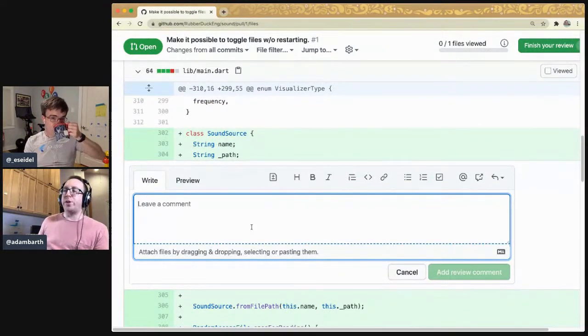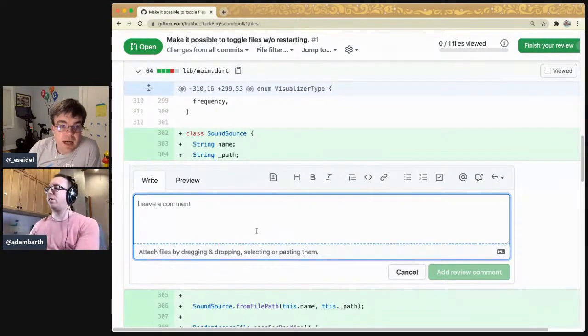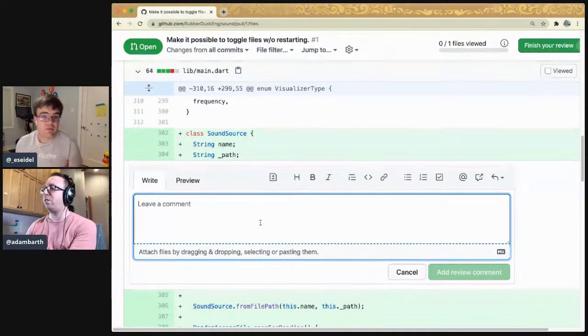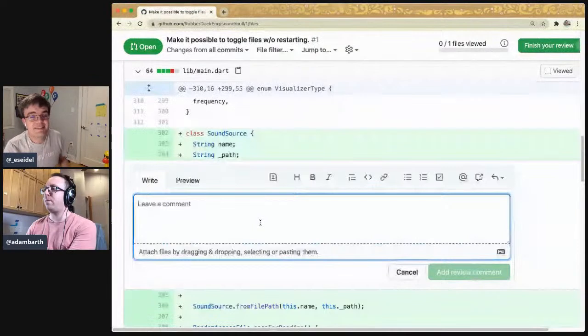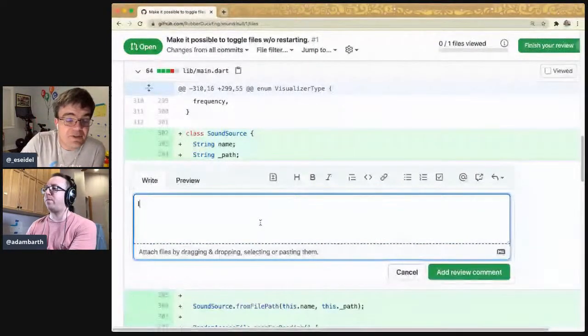But in an open source project, if you're the maintainer and you're getting a pull request from somebody else, there's a big power imbalance there, and you have to be aware of that and make sure that the person on the other side feels like they're getting a good experience, and they might want to contribute again to your project. Yeah, I also feel super grateful. If you're contributing to my random project, you took time out of your day to send this to me. The least I can do is be nice to you.